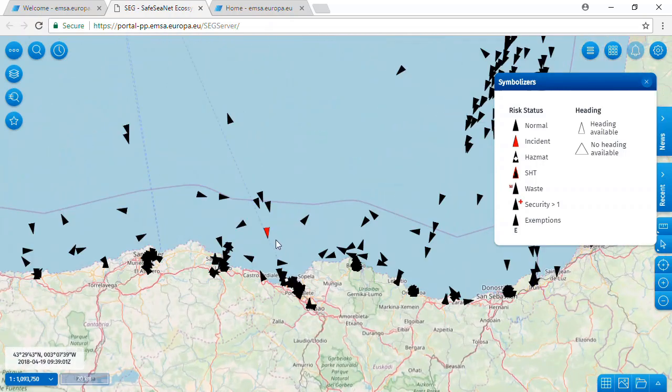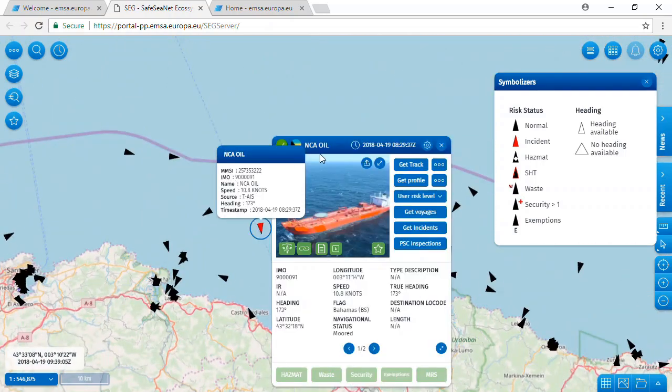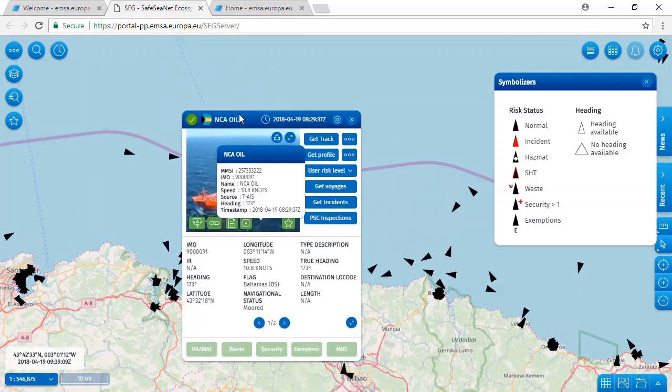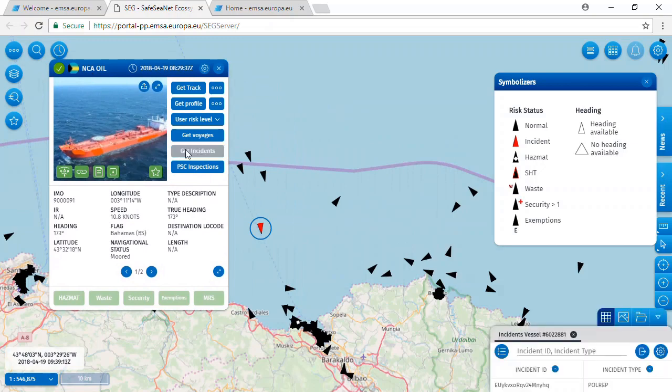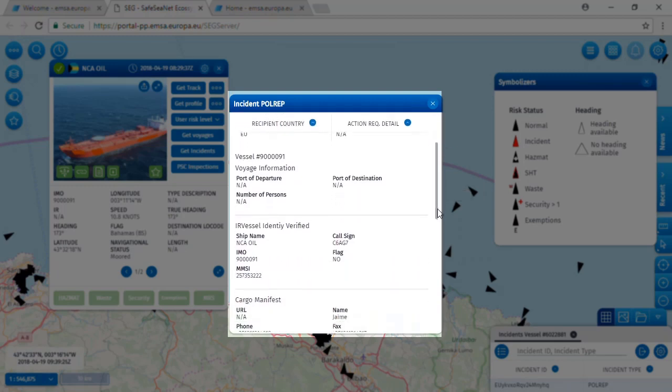We zoom in to the vessel. I'll click on the vessel again to bring up the command and info window. And through the command and info window, we can bring up the incident information. So here I request get incident. The incident ID and incident type POLREP comes up in the TTT. By clicking on that, you can find more details about this POLREP, including the user ID, distribution details, voyage information,